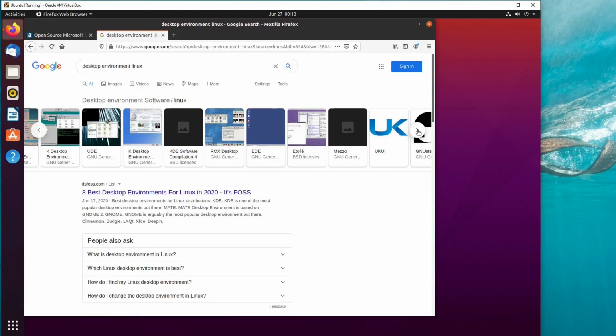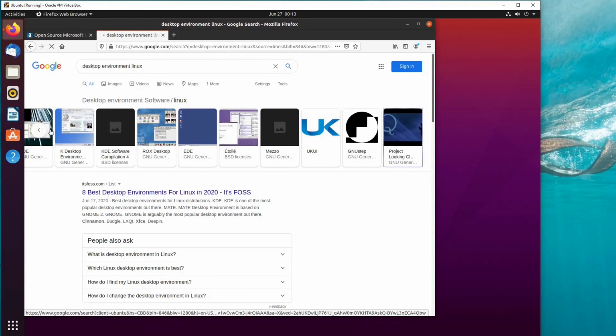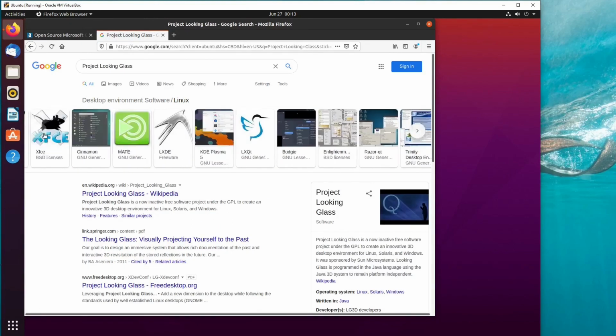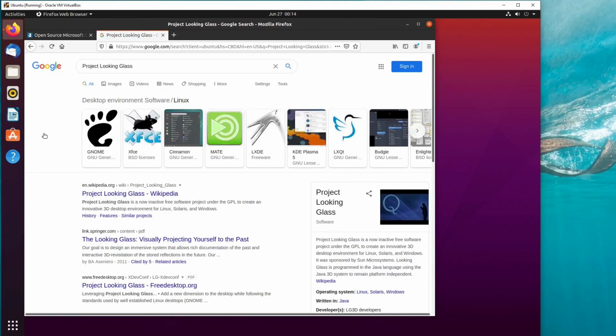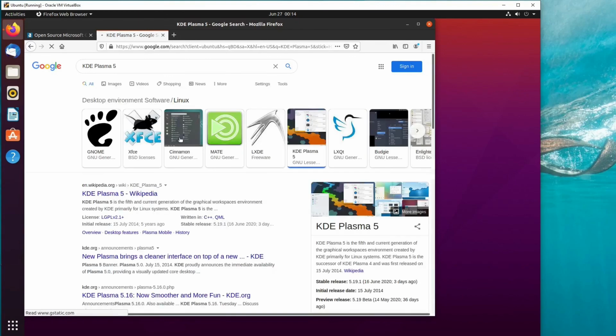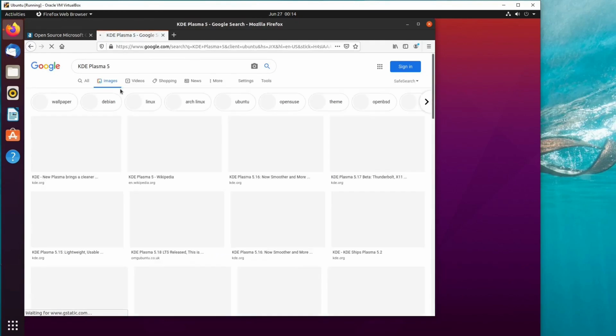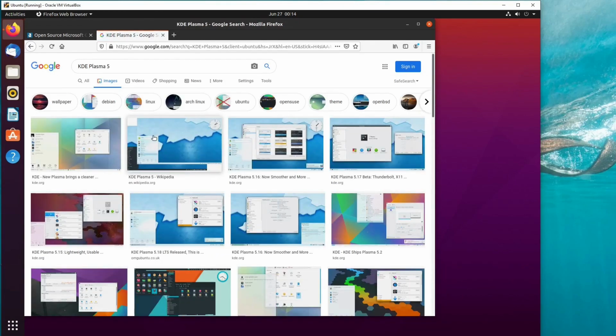What else have we got? I'm just looking to see if there's anything. Yeah, we're sort of getting away now. So you've sort of got 10 or 12 different desktop environments that you can choose from, and there is a lot of variation in even how they look and how they behave. So if I just open up this KDE Plasma image,